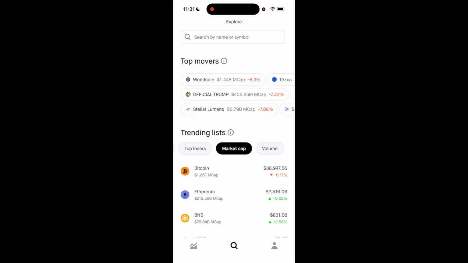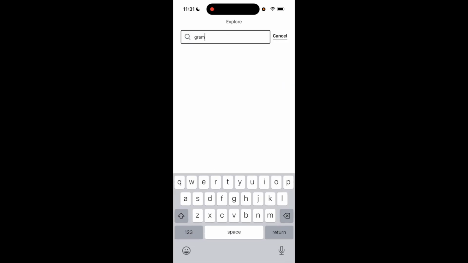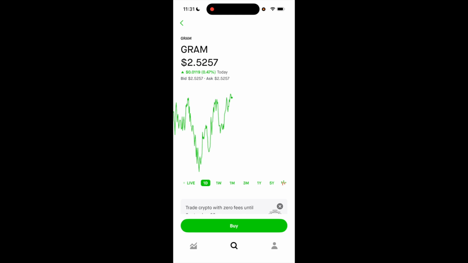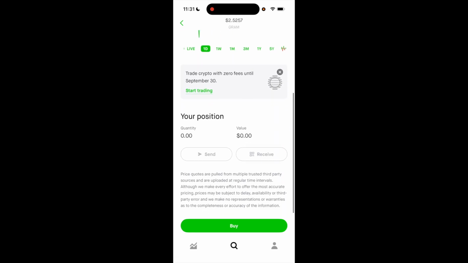Now once you guys get to the Explore page right here, it's probably easiest if you just go to the top to where it says search by name or symbol, and then type in GRAM. Once it appears, select it. Then once you're on this page, you can view different stuff about it, but if this looks good to you,